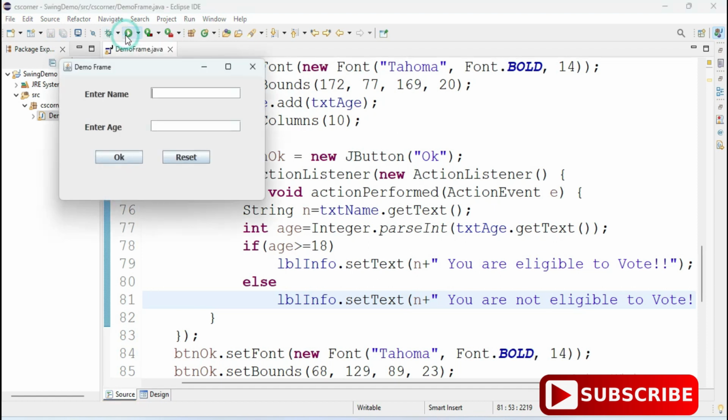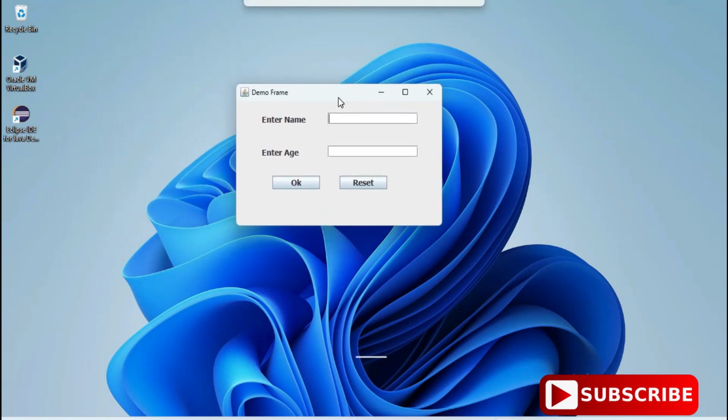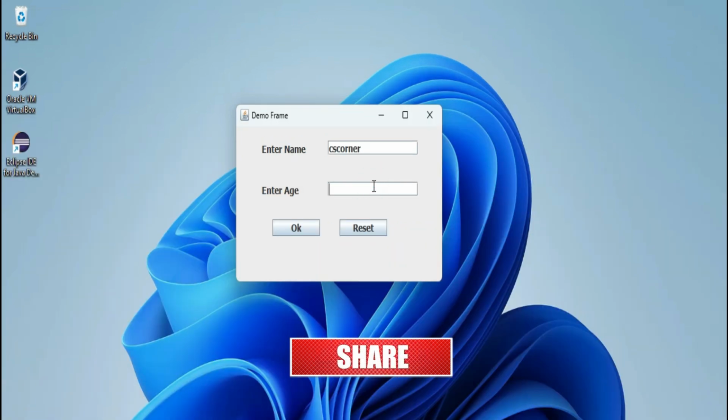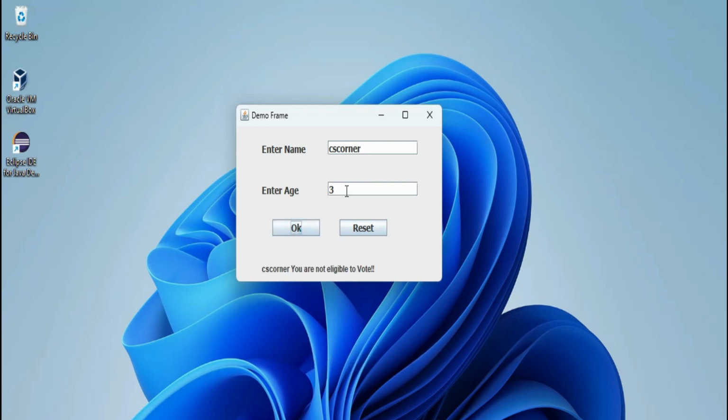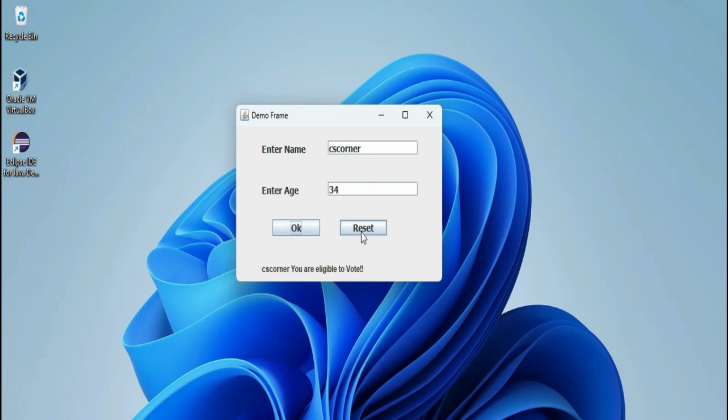Done guys. So both of my coding is done. Now let's run the program. So to run, again just click on this play button. Okay, so guys, now you can see here I'm entering some name and some age, and it is showing me that you are not eligible. So the username and you are not eligible, and if I type a proper age, then it's showing me you are eligible. So done guys, this was just a simple demonstration of how to create a simple application.